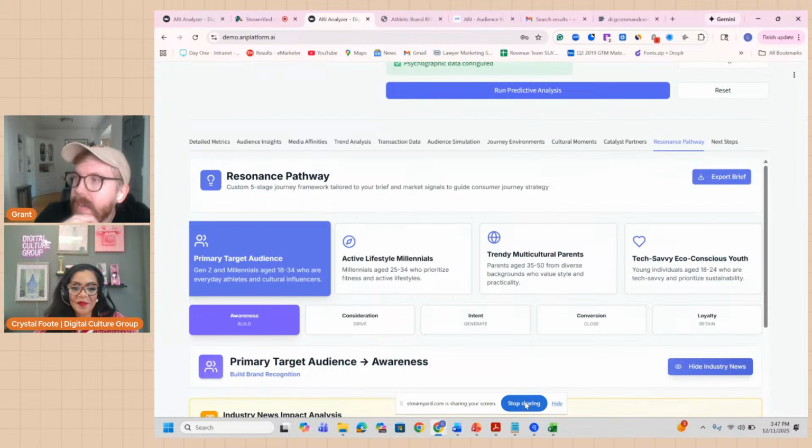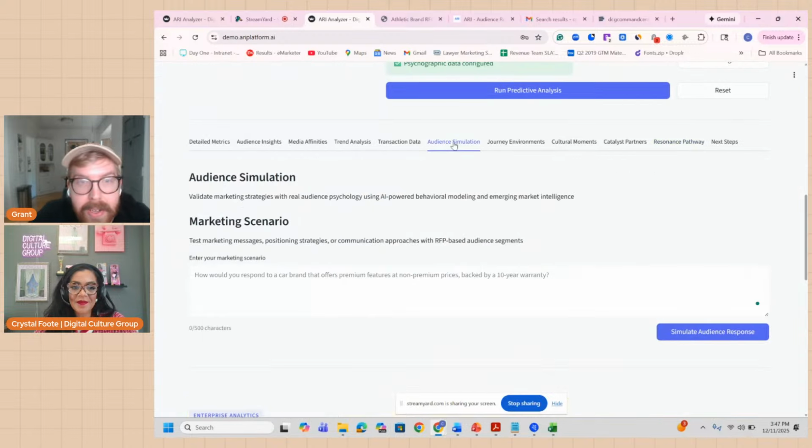Okay, so there's two things I was wondering. The first one is, is there a place where I could give it here's the campaign or here's the copy I'm thinking about sending right now, and it could use that brief to judge the copy? So what we can do is test out different marketing scenarios. So for example, if you want to say, does a